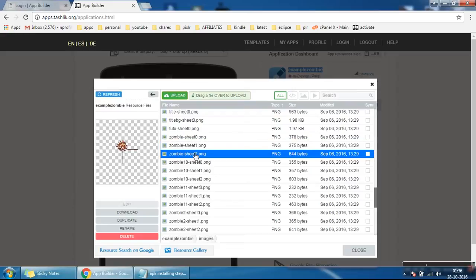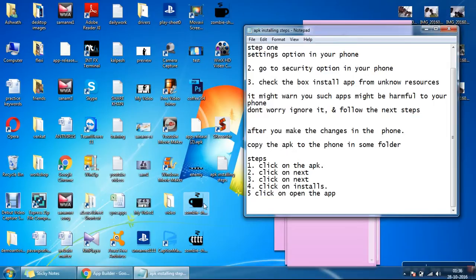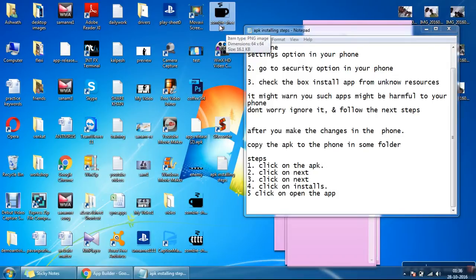Okay. Now, I have created some images already. If you see the image name, it is Zombie Sheet 0, here the image name is Zombie Sheet 1, and here the image name is Zombie Sheet 2.